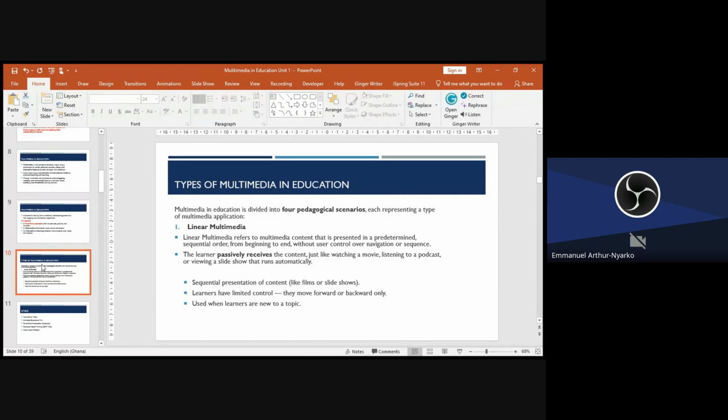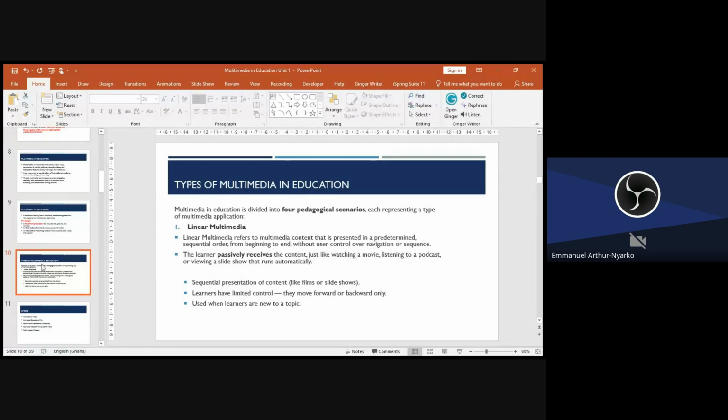Now we can have types. There's a document that I have uploaded. I want you to go and read. It was written by UNESCO, a UNESCO document on multimedia in education. Pedagogically, we can have 4 types of multimedia.